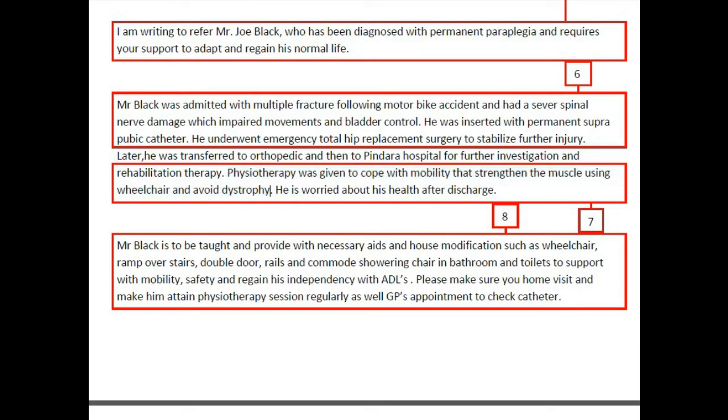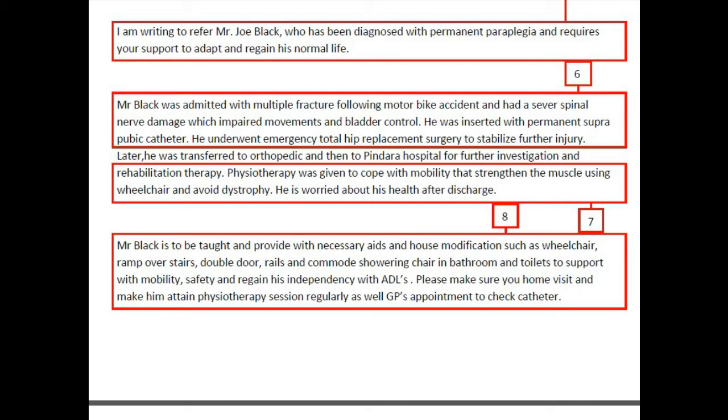This sentence has too many mistakes and is improperly constructed. Actually, Mr. Joe Black underwent physiotherapy to strengthen the muscle, and as a result, he now has mobility and has regained muscle strength. And now he can use a wheelchair. This information could have been organized in a much better way. Coming to the last sentence, he is worried about his health after discharge, where the reason for his worry is not mentioned and it straight away gives out the information that he is worried. It would have been much better if you could have merged it with another sentence or mentioned the reason why